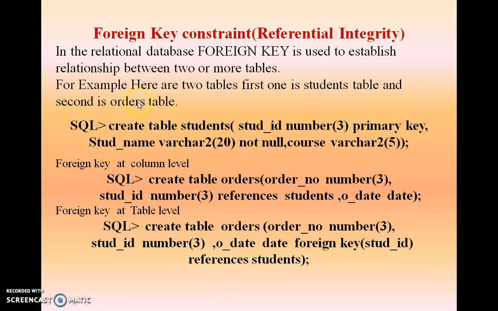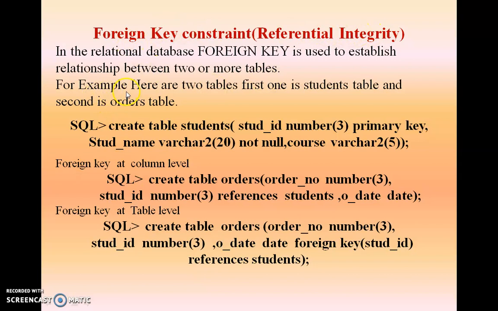Now moving towards the foreign key constraint. Here again, it is considered referential integrity. Why is it referential integrity? Because the foreign key constraint is used to establish a relationship between two or more tables. It is referential because while declaring the foreign key constraint, we take the reference of the primary key constraint of another table. That's why it is referred to as referential integrity. It is the second integrity rule, after the entity rule.